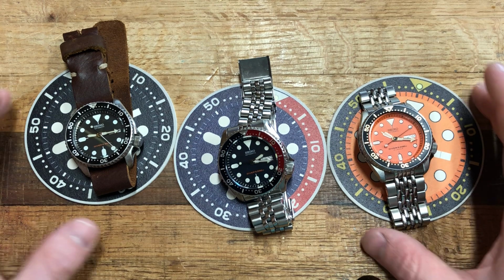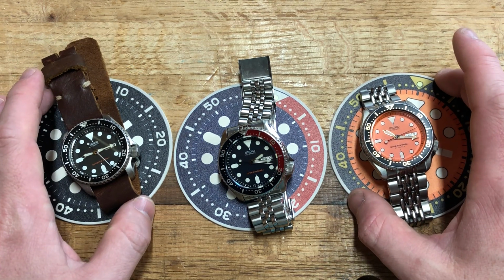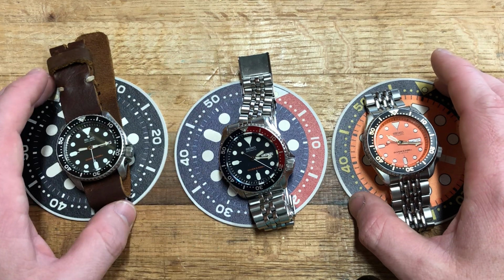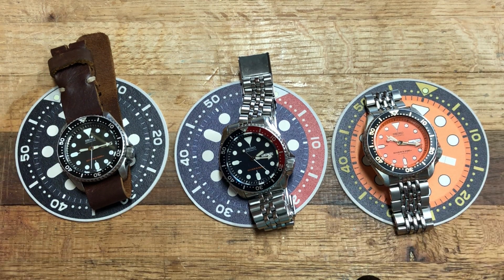He funnily enough had an Invicta in his collection when he passed, maybe a few, but he had a lot of Seikos as well, some Hamiltons. I'm trying to remember. But anyway, so I kind of started picking up the hobby and really got into it,